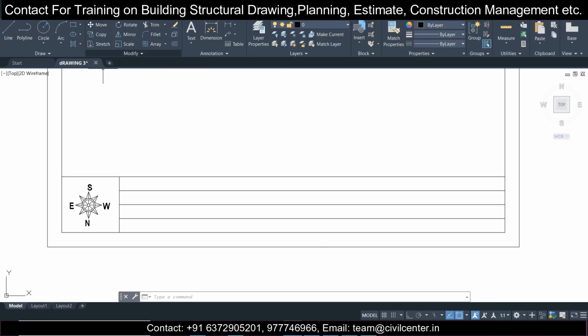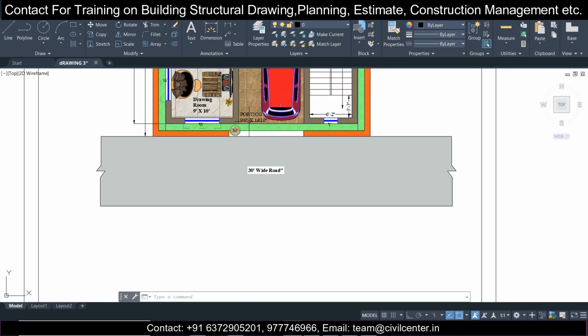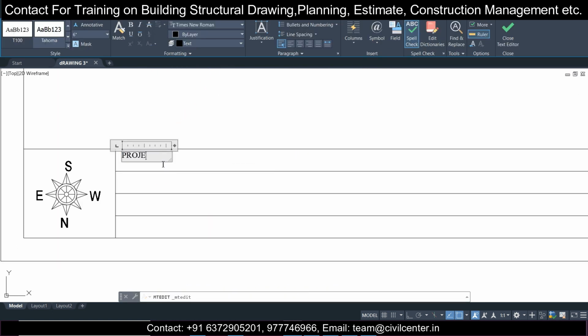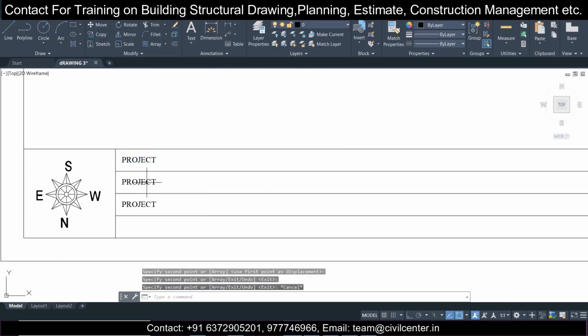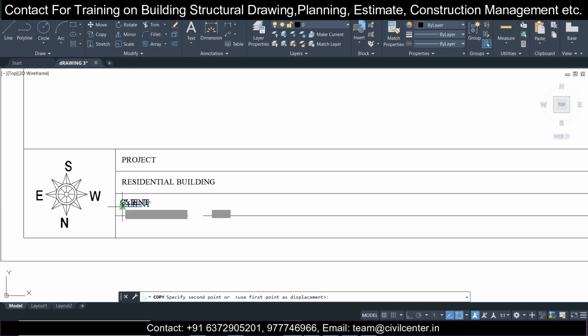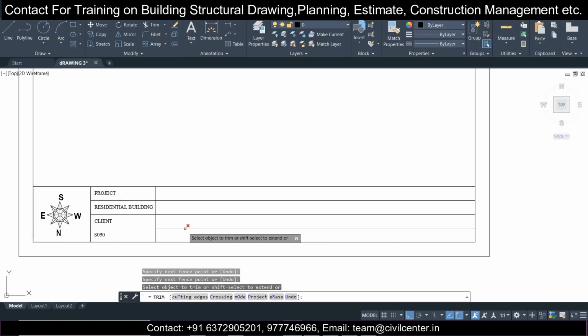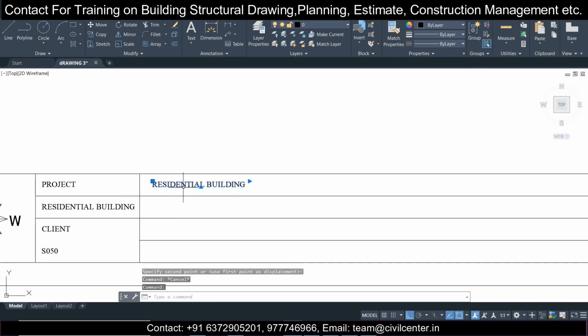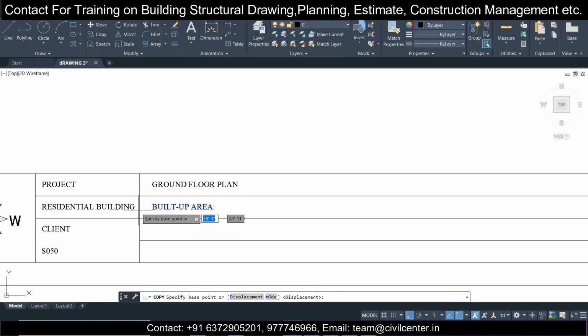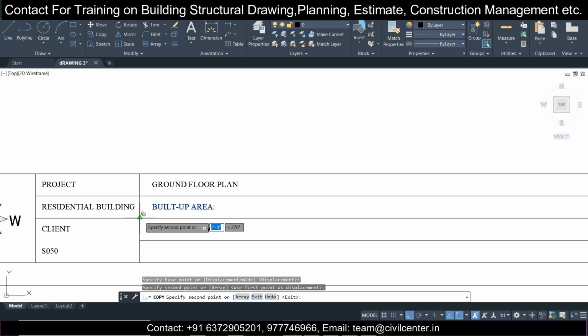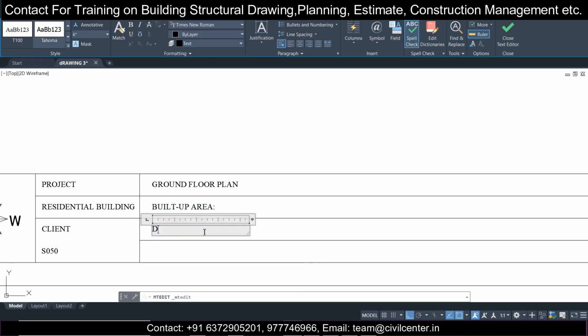And then you can do the remaining things, naming. So let's write certain things here. You can take the text from here. Already we have this, copy. And here we can write the drawing number for this particular project. There will be a drawing number, different types of drawing, and here we will write the drawing number.